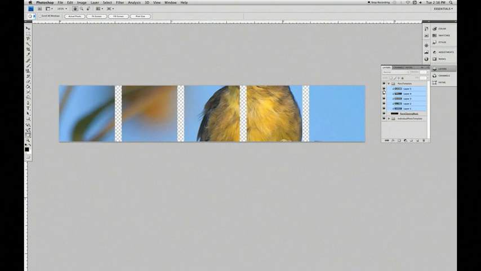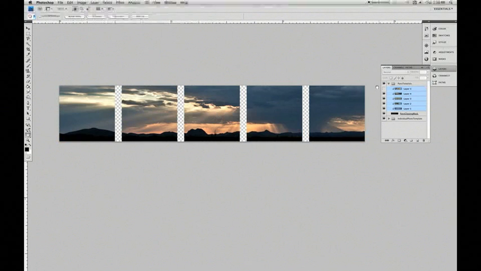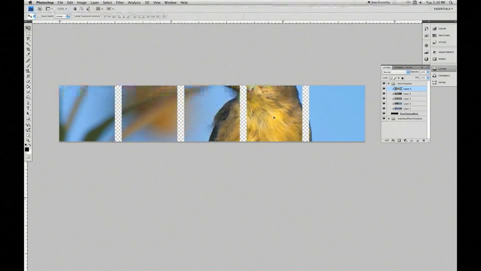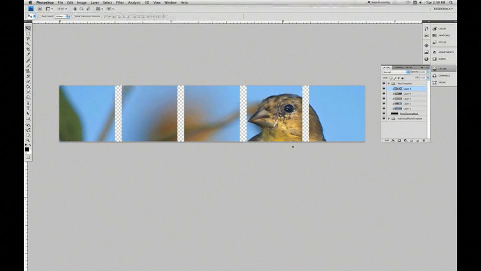So let's look at the image underneath this lesser goldfinch here. This is one that's already been resized and fit for this purpose. The lesser goldfinch photo obviously is not working so good right now, so I'm just going to move this layer. Let me make sure that one is selected only. I can move this down, and I may need to resize it slightly. Go ahead and transform the layer,